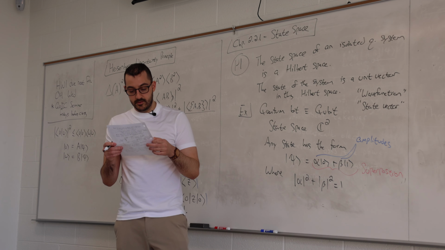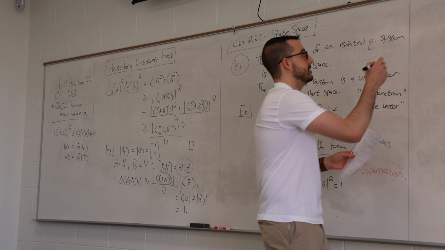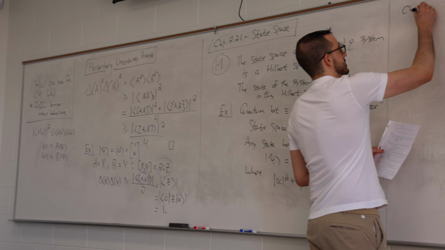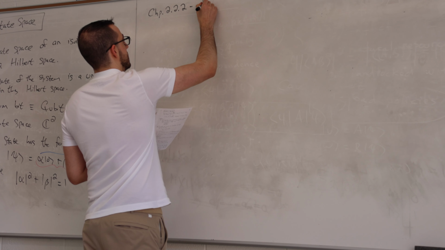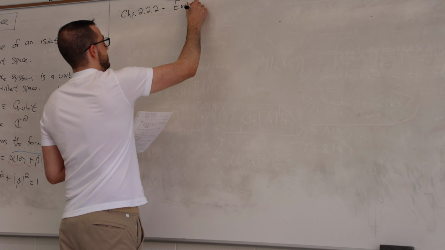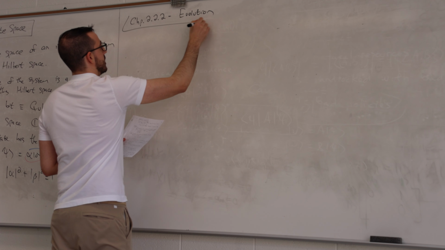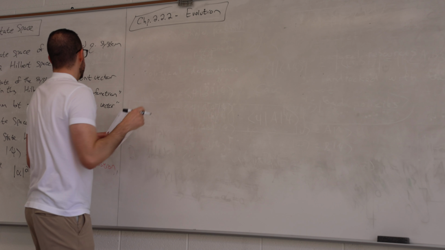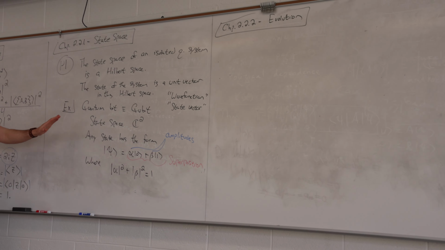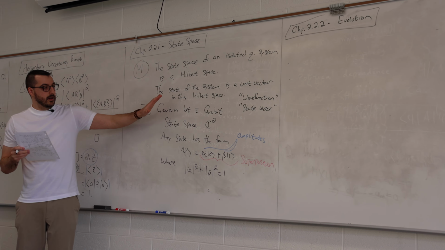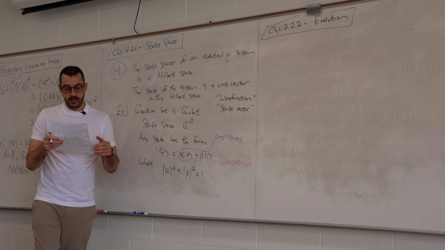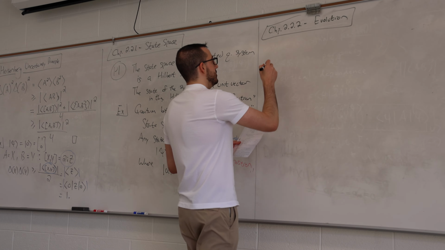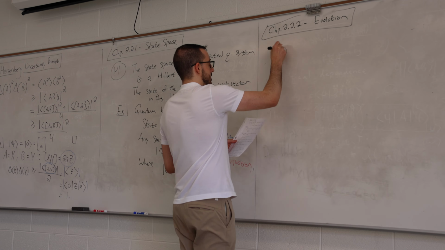So let's move on to chapter 2.2.2 now, which will give us the second postulate. And this is evolution. So this is sort of what a quantum state is. Now, how is it going to change in time? That's what the second postulate is going to tell us. So postulate 2 says